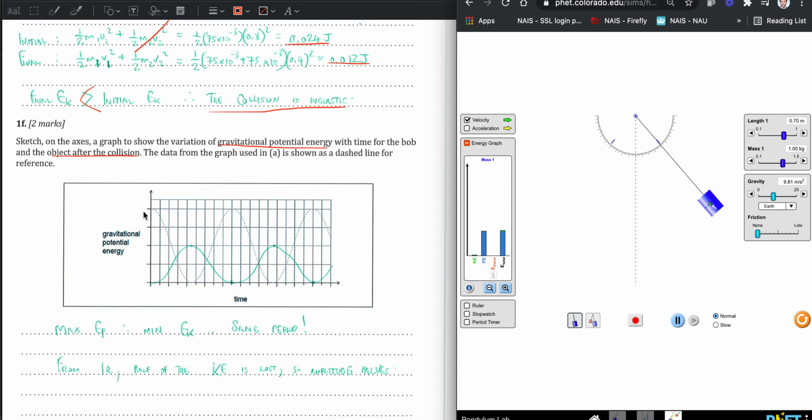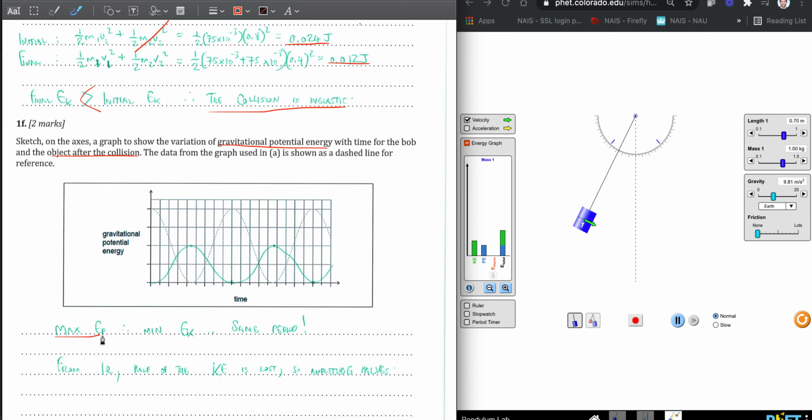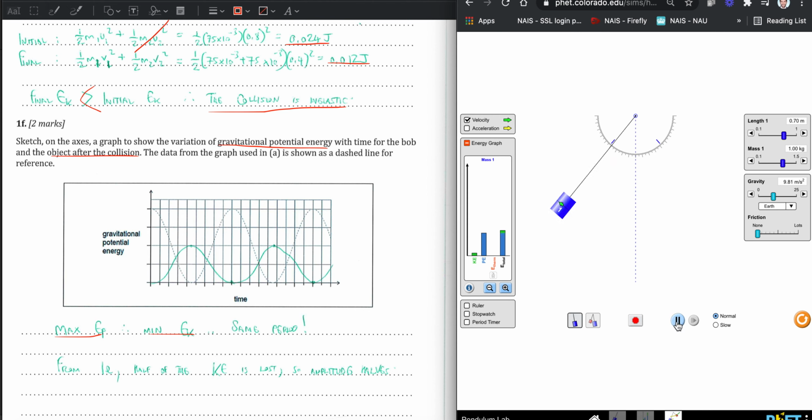This is called inversion. So what we're expecting here is maximum potential energy when the kinetic energy is minimum. There's one mark for doing that. The other mark comes from the fact, I'm just going to pause this because I'm getting distracted, comes from the fact that we had